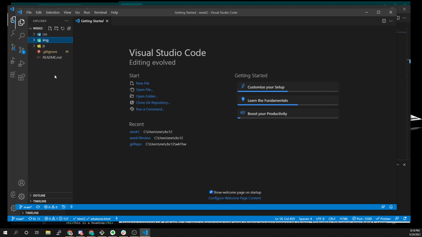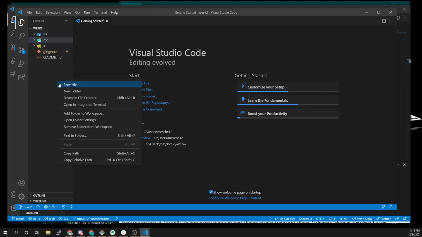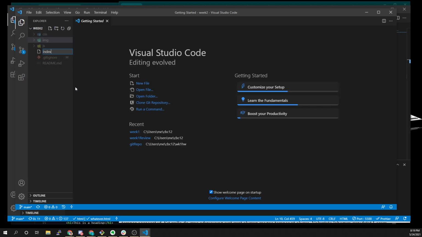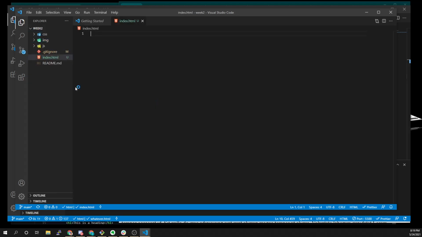So almost always, and we didn't really talk about this yesterday or last week, your entry point to your website is called index.html. Okay, and the exceptions to that would be if you're working in a different programming language, like if you were in a PHP website, this might be index.php. If you're working in a JavaScript project, it might be index.js. Index has become an industry standard of